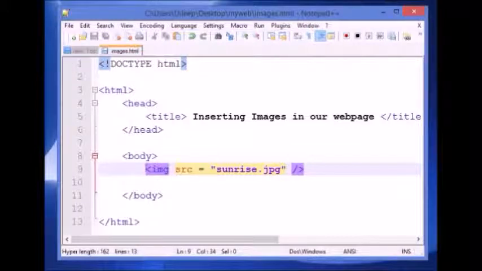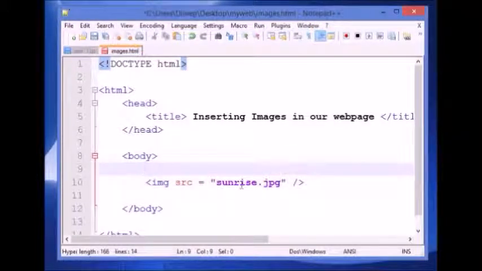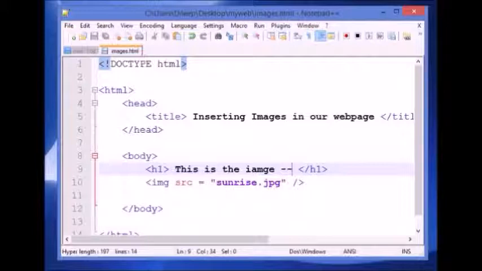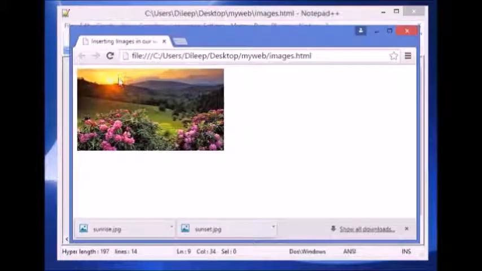But before alternate text, I want to put a heading here in our web page, so I can use h1, then we'll close h1, and I can put here: this is the image, suppose. Okay, now I will save it, and here the first heading will come, and then after this the image will come,